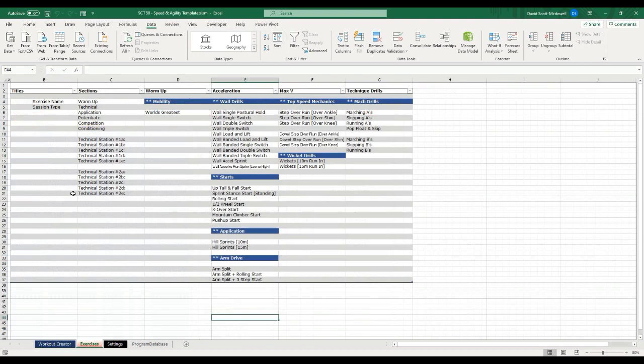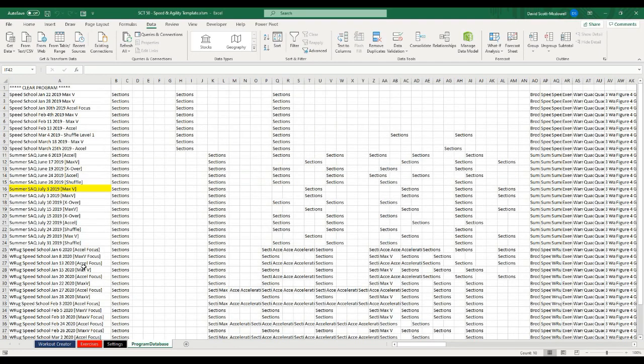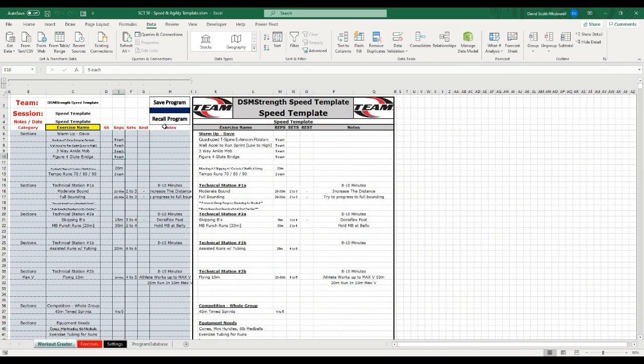All of this comes with tables that have all of our exercises programmed, settings where we can set the different categories and things that we're looking at, and then all of our extra sessions that have been saved. So we're going to create this over the next few episodes,